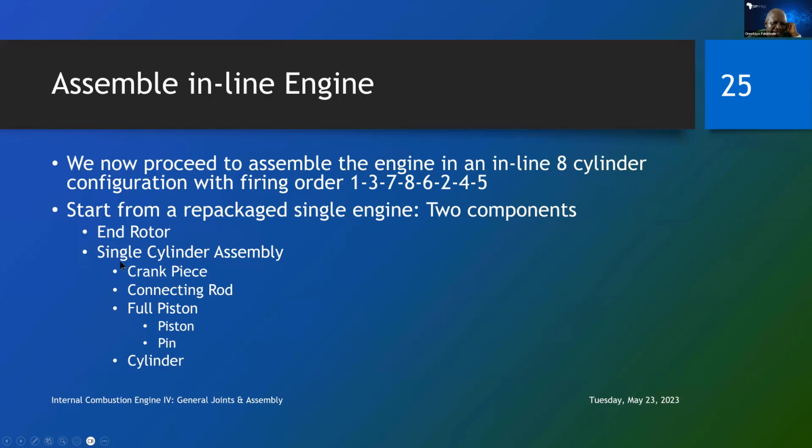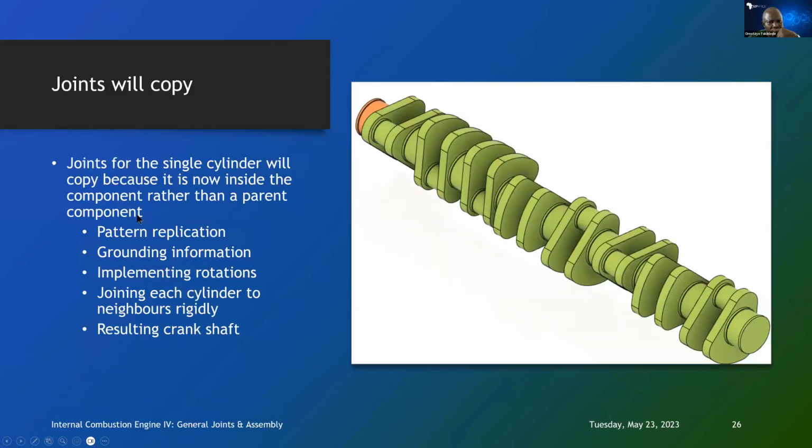So if we are going to replicate anything, it is this single cylinder assembly we will replicate, and it will carry all the joints that are necessary with it. Because whatever kind of cylinder we have, whether it is 4-cylinder, 6-cylinder, or more, we only need one end rotor. So this is all that will be replicated with its joints. And when we finish, this is how the crankshaft will look. Of course, if I showed you this crankshaft at the beginning and said, okay, look, check what the firing order is, it will be difficult for you to see. It looks really complicated by a drawing, but you will be surprised to see how easy this is